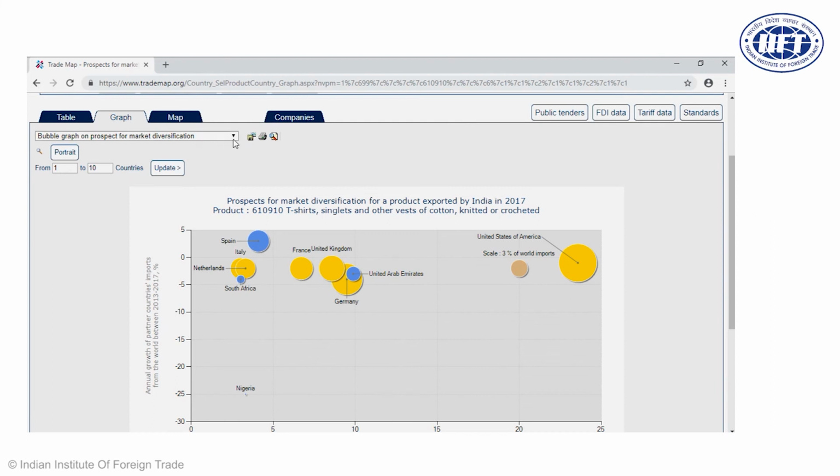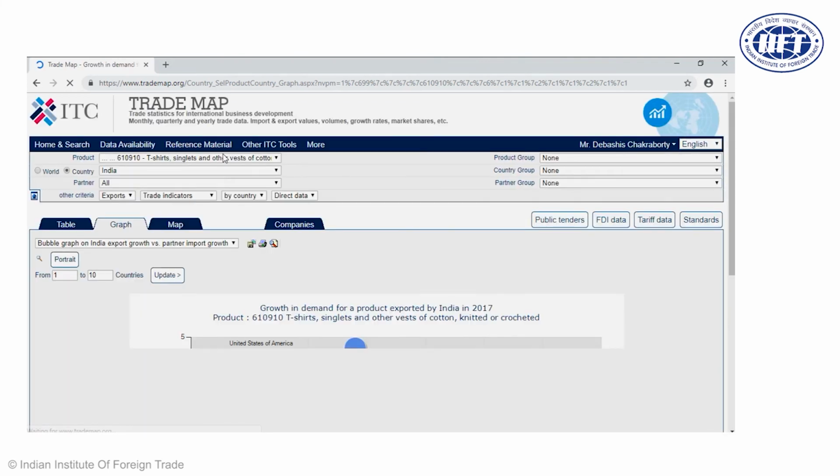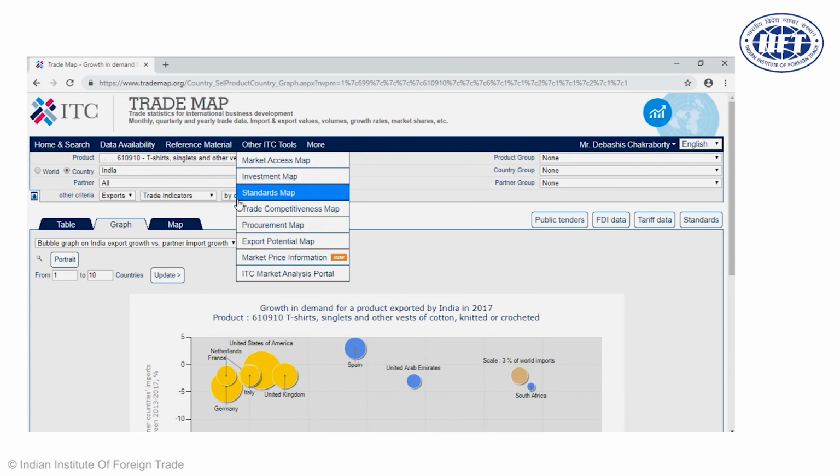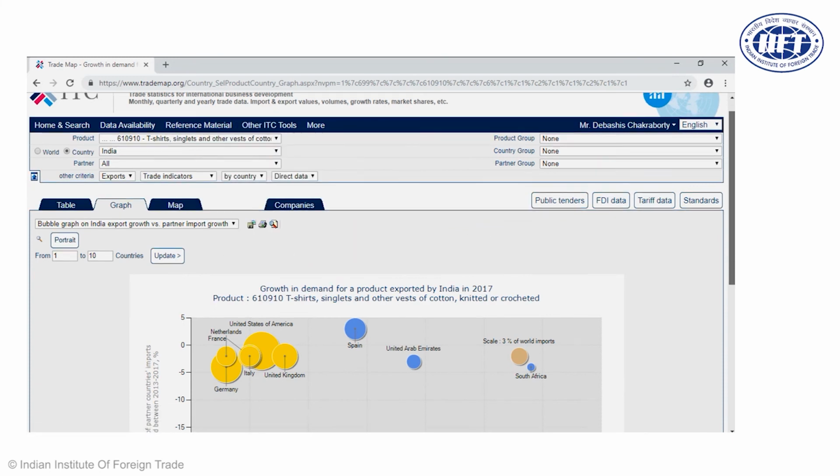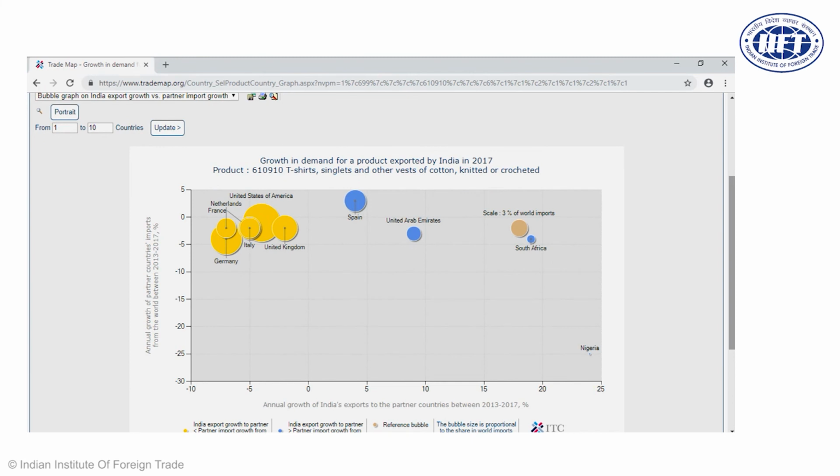In case we are still a little unsure about the possibility of entering the market, we click on the bubble graph, the next type of bubble, and from there we try to check which market can be a relatively better market for our growth. We see that a number of countries are appearing which show whether a country can be a dynamic or declining market. So the countries with relatively high import growth rate can be considered an ideal target